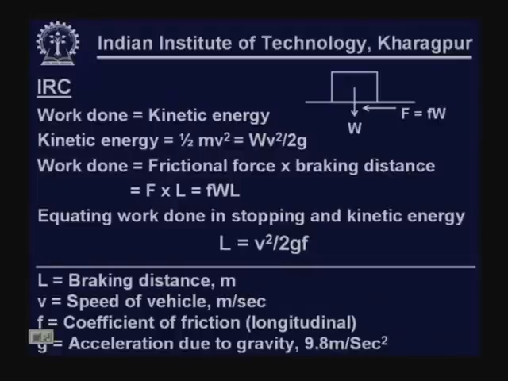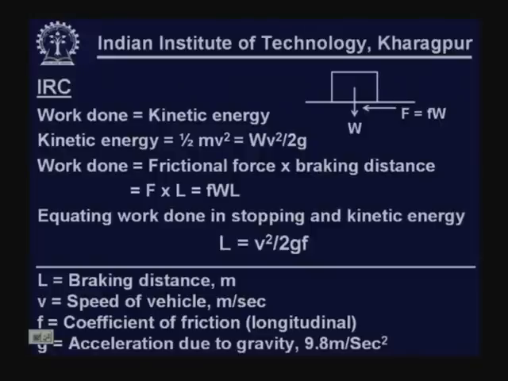So, if the braking distance is L, then the work done is force multiplied by braking distance. So, coefficient of friction multiplied by weight multiplied by length. The kinetic energy is equal to half into mass into velocity square, so half mv square, m is the mass, equal to half W by g into v square. So, if we equate these two, work done equal to kinetic energy, L is v square by 2 g f,